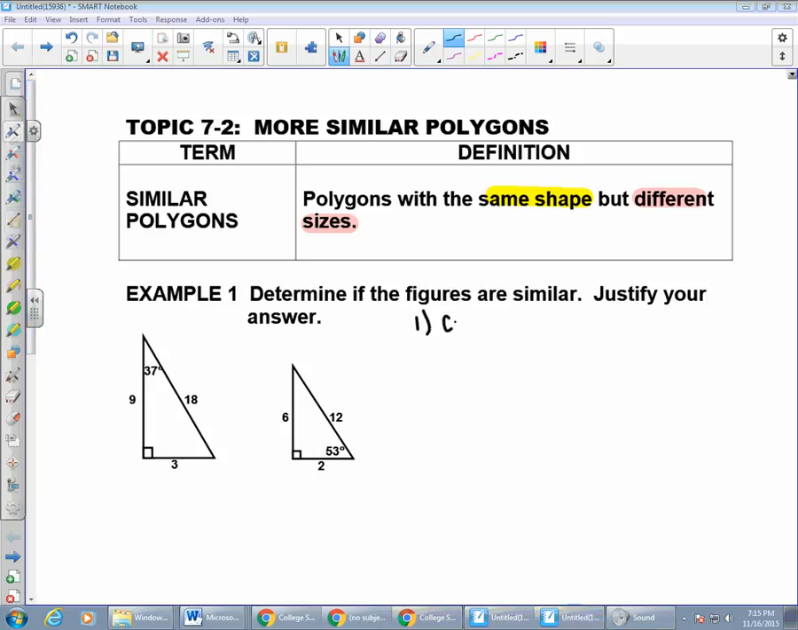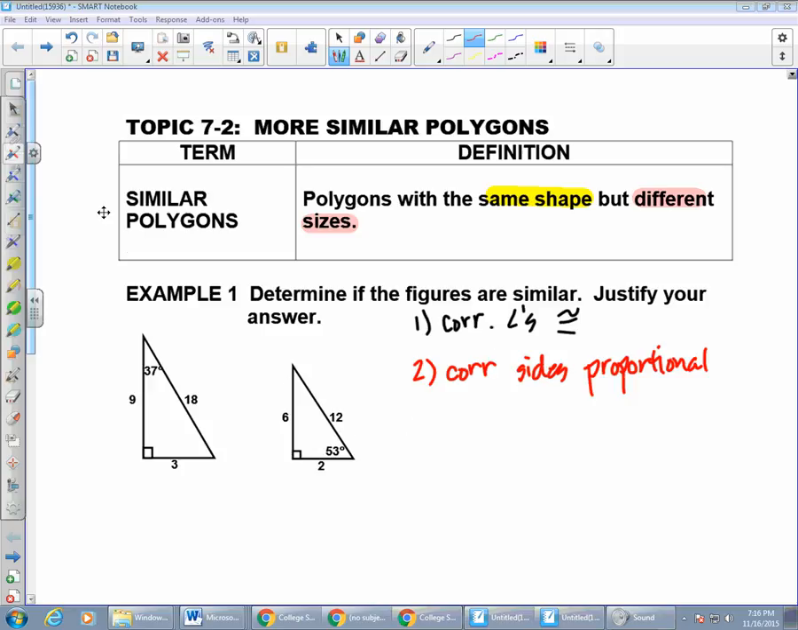Okay, I'm going to abbreviate. Number one, corresponding angles congruent. And then number two, corresponding sides are proportional. Okay, all right, so the first thing I want to do is check to see if the